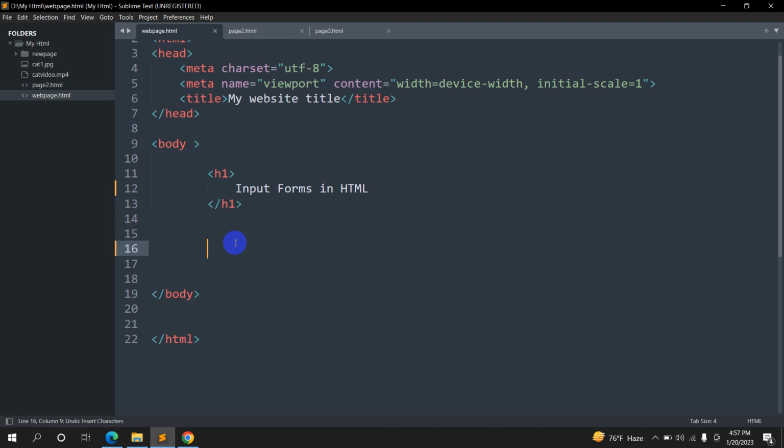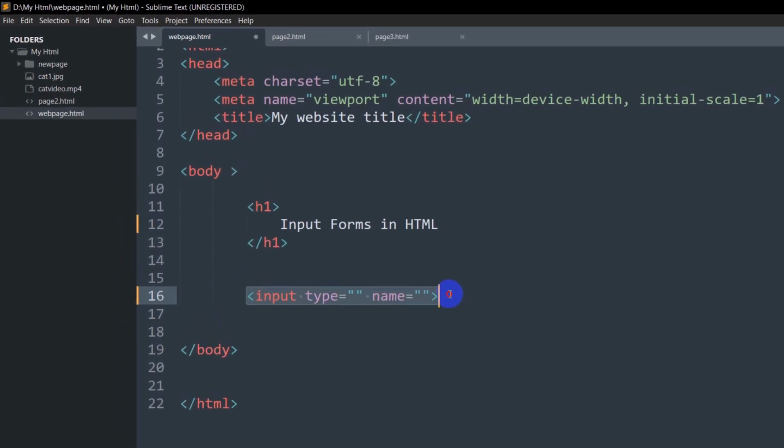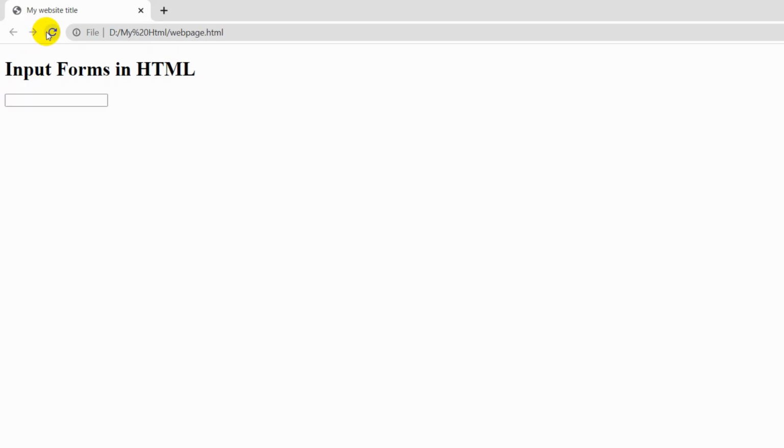So for making those input fields, we have a tag called input, which is this one. We will use this same thing for a lot of different kinds of input fields. The only different thing will be the type and the name. For example, here let's say input type equal to text, and if we save it and refresh our browser, here you can see we have an input field,